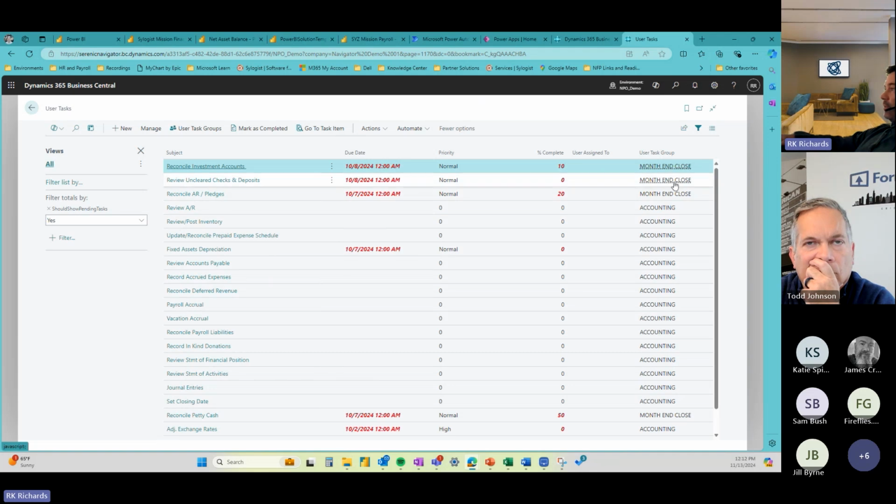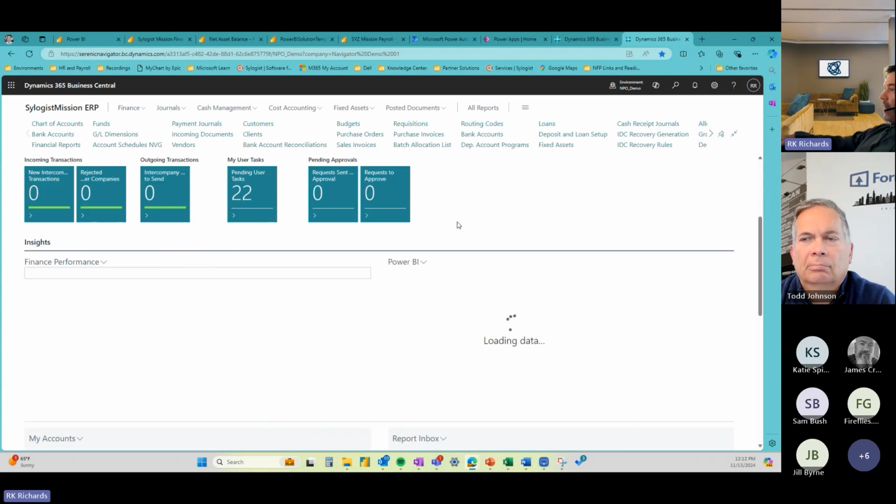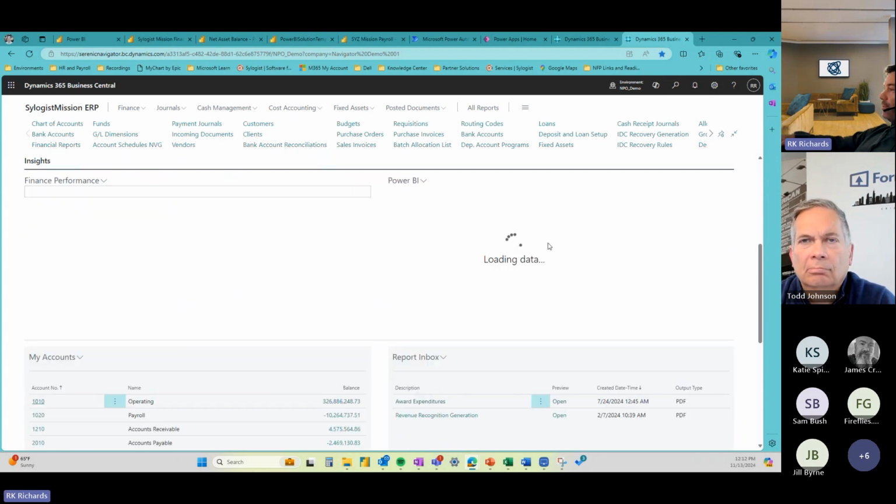In this case, I've assigned them to user groups. So if I'm the controller or the CFO, at any given time, I can come in here and see where the month-end close is, see which tasks have been completed, which tasks are outstanding, and get a real-time view of that. Scrolling down a little bit further, I have a Power BI report embedded into this landing page here,